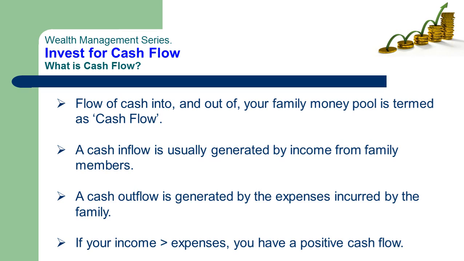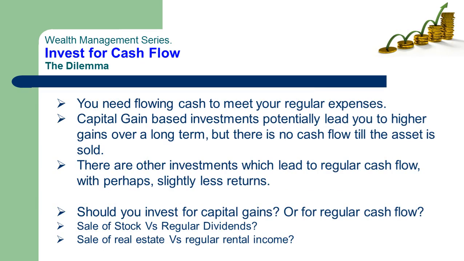So cash flow is about running cash, while capital is an investment which is not running, which once invested stays invested and could potentially give you good returns after 5 years, 10 years, 15 years. We don't know. It depends on various factors, including the investment that you've done. So that's the real difference between a capital gain and cash flow. Cash flow will allow the money to flow through your hands, while capital investments will not do that, and they would perhaps give you slightly better returns than cash flow, but not having cash in your hands can be a very disadvantageous situation. So here's the dilemma.